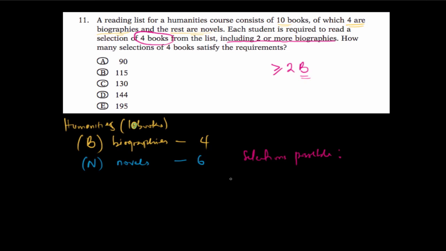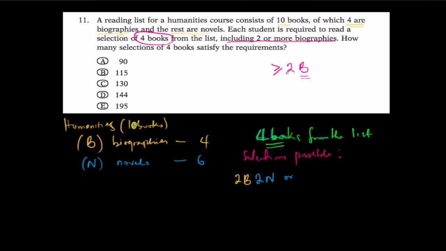So the first selection could be 2B, that is 2 biographies, and then since you want to make a selection of 4 books from the list, let me use a different color so we don't confuse things here. So we need 4 books. So when I make a selection of 2 biographies, there are 2 spaces remaining. So I could then make a selection of 2N,